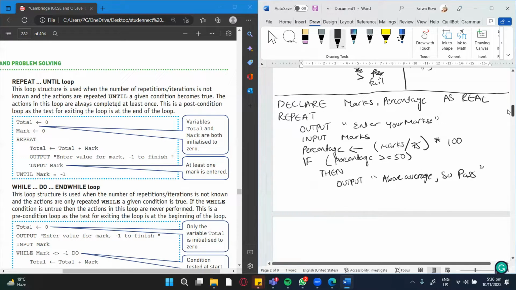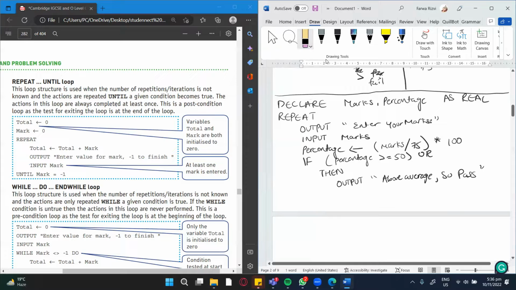ये हो गया. अब else obviously अगर greater than and equals to नहीं है so it has to be less than, right? But then it's better if I say greater than equals to 50. You know what? I should make like a double check statement as well, right? क्योंकि अगर greater than equals to 50 है लेकिन अगर user ने 76 enter कर दिया 76 का तो marks हो ही नहीं सकते because 75 का paper था. So here I'll write percentage greater than equals to 50 or sorry, and